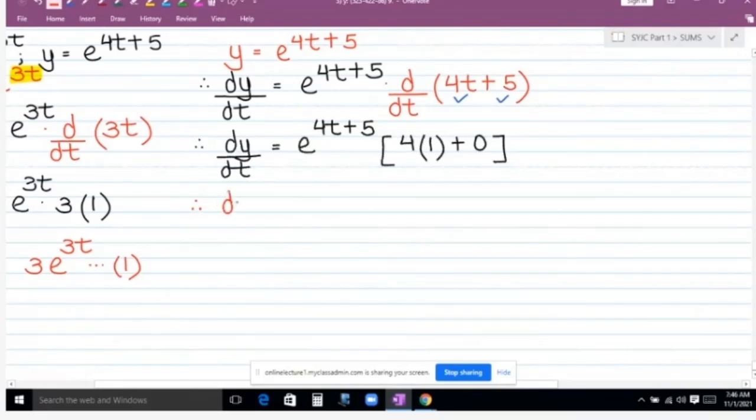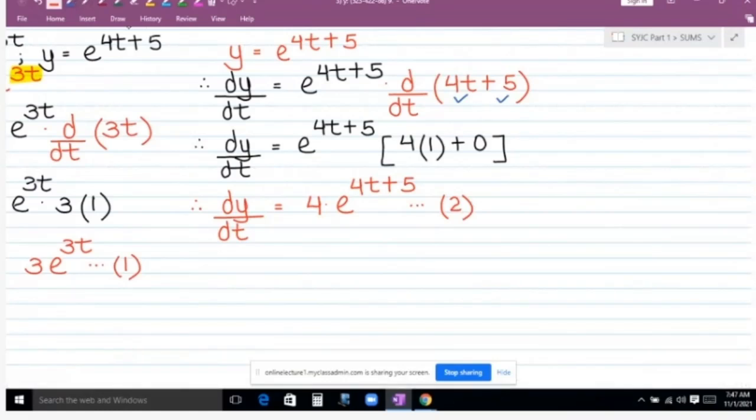answer will be equal to 4 times of e raised to 4t plus 5, and now here you can number this as 2. Next,